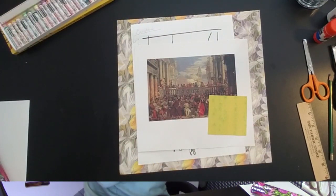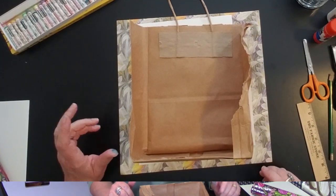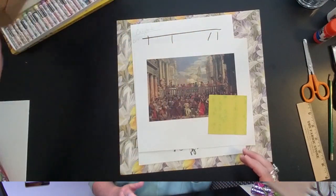And I've got a bag that got ripped up, and I can use that brown craft paper too. So to start out, I should actually back up and tell you that I